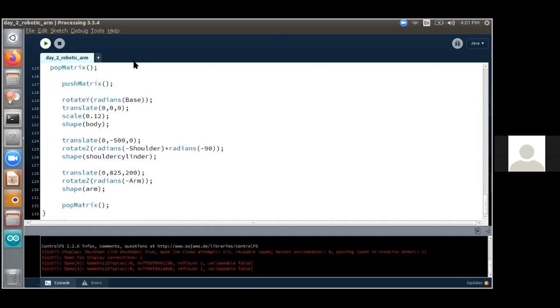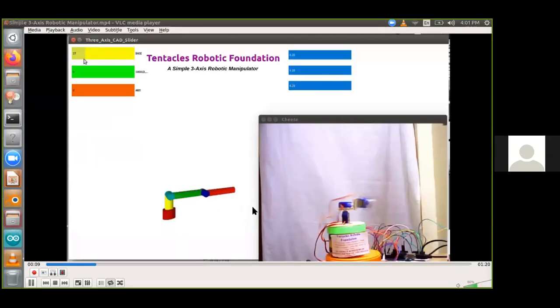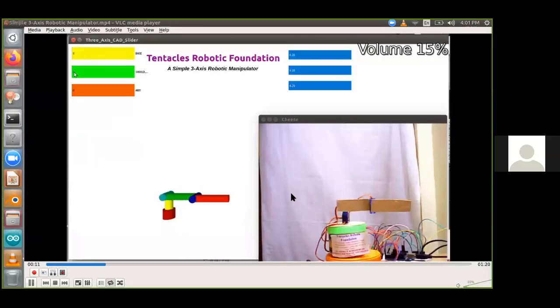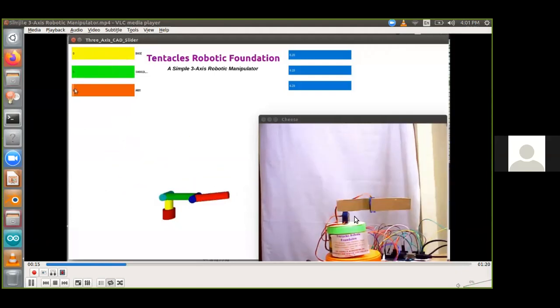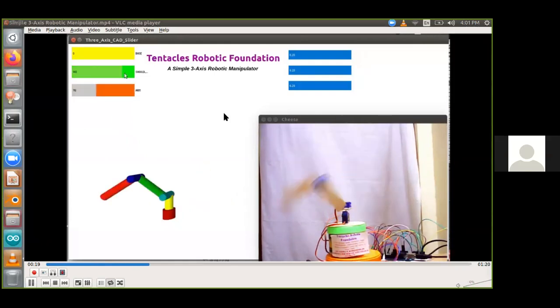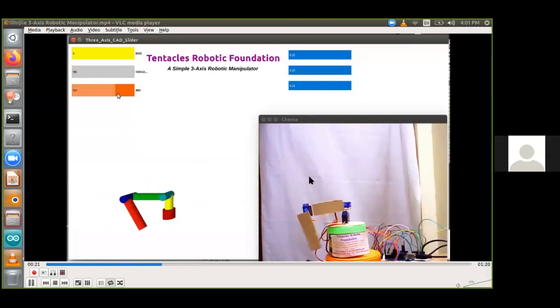Now the same robot has been made in reality, and you can actually build this prototype using micro servos, and then you can try to control it, and the real prototype will also be able to open.